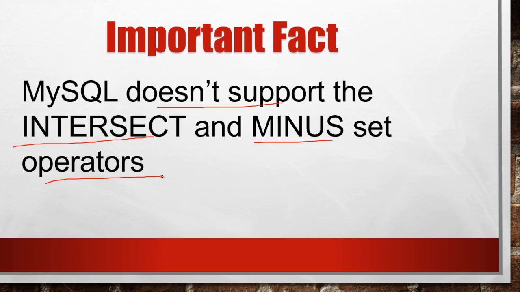You can run the Cartesian product in MySQL, you can see the result of union in MySQL, but when you want to run the intersect and minus operations in MySQL, you will not see the result, because these operators are not supported in MySQL. They are supported in other versions of DBMS software which use the SQL language, but not in MySQL. But we are talking about relational algebra operators, that's why we have discussed it.